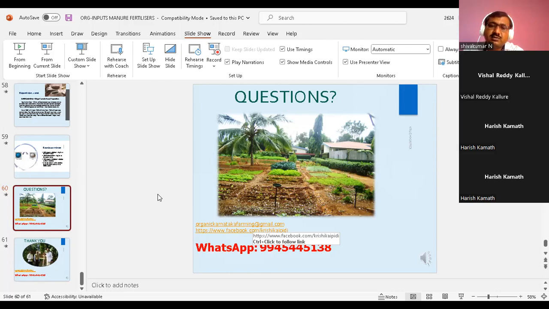And last question, sir. Can chicken manure be given in liquid form, sir? Chicken manure, like goat manure powder, is given in natural form only, sir. It is not a liquid form. That is enriched by adding rock phosphate and also neem cake. That will enrich the phosphate and potassium content. If neem cake is not there, neem powder is okay, sir. Yes, both are the same, sir, because neem pellets are an extra process. Otherwise, both are the same. Actually, the basic form is neem powder only, sir. From neem powder, they prepare the neem cake.